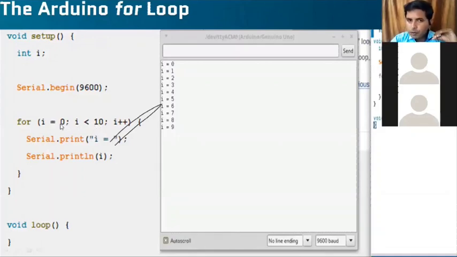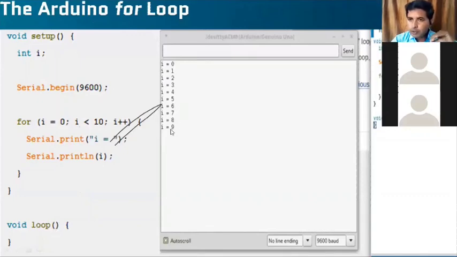Suppose first i equals 0, it will display. Second, i equals 1, and that 1 is compared with 10. If i, which is 1, is less than 10, it will display and increment again. So it will repeat up to the ninth value. Once i becomes 10, the condition is invalid, so it will stop the program. Here I am not repeating anything, for that reason I am writing this loop equation in the setup only. If I were repeating this program infinitely, then I would have written it in the loop.